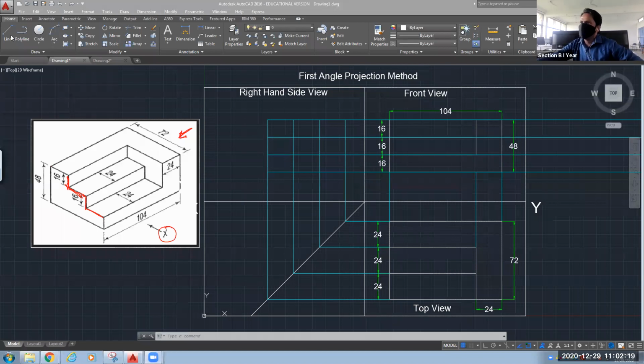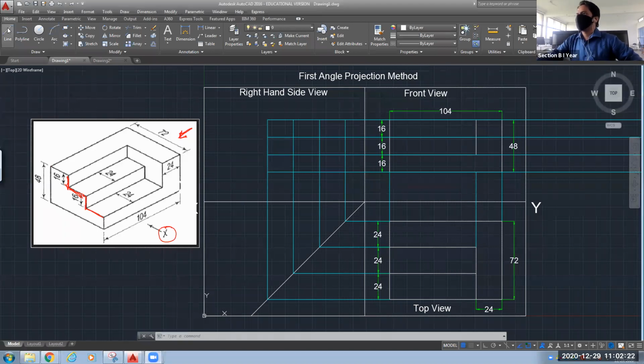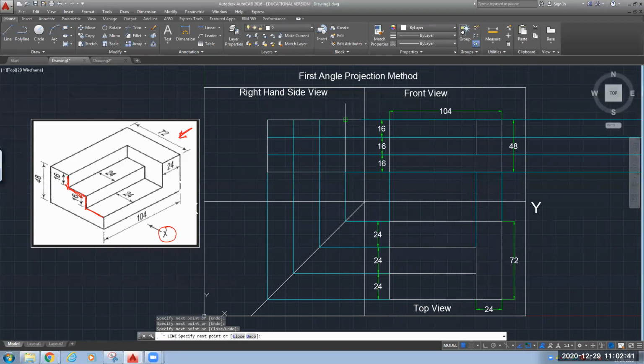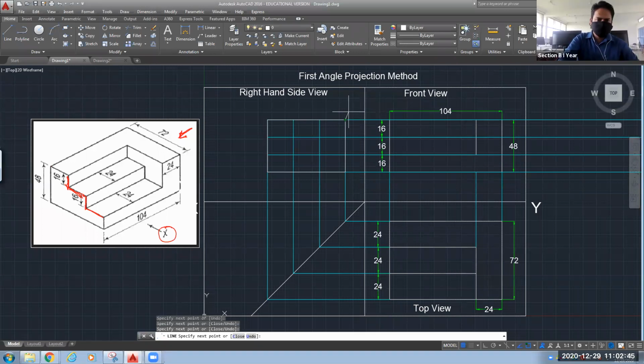I will go to the line command, and from this side we have one rectangle that will be your outer rectangle. So you can complete your rectangle first. Please mute yourself. Now you can see I have drawn the outer rectangle.